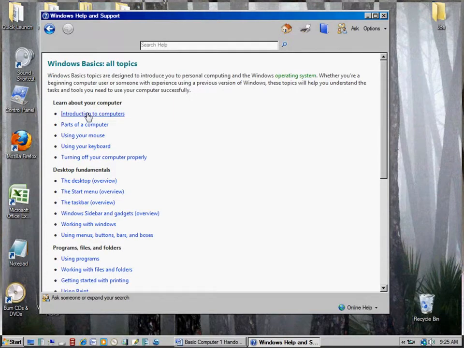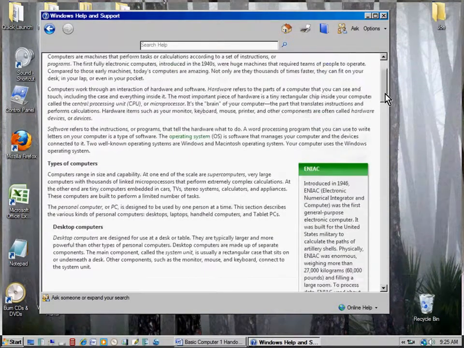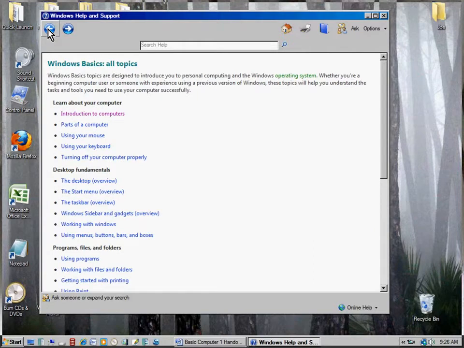I come down here and click on this link, again, just a single left click, opens this up, and it's going to tell me Introduction to Computers. What are computers? Types of computers. And when I'm done with that, I can use this back arrow to go back to the menu. I can also search on particular topics. Let's say I want to learn more about files, these files and folders things. I'm going to type in this window,